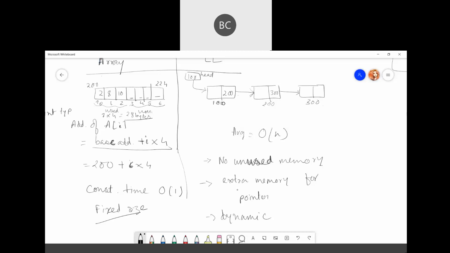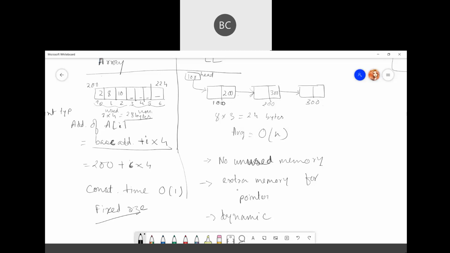How do we do it here? Here there will be 4, then 4 plus 4, because the address part will also use some memory. So 8 into 3, 24 bytes. A bit less, but if your linked list is too long, then it will be the same.